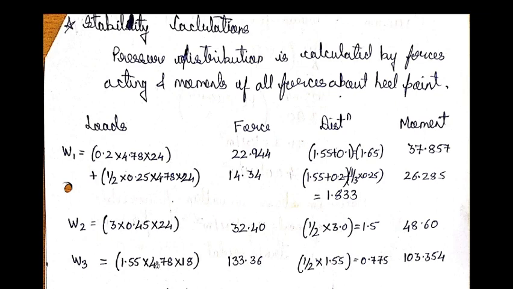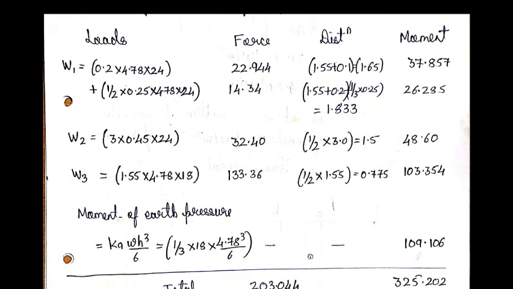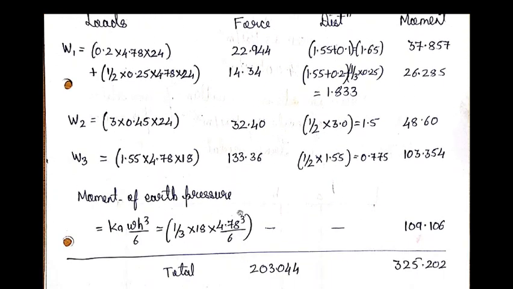So this is how the dimension is, and this is the density. So we worked out the force, and we have taken the CG distance to the heel slab, and we got the moment. For this we also computed the moment of earth pressure. So earth pressure was acting, P, which is shown in the diagram, and this is how it is to be calculated with the active earth pressure components, and we worked out the moment.